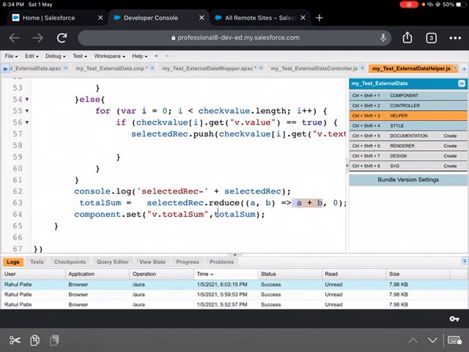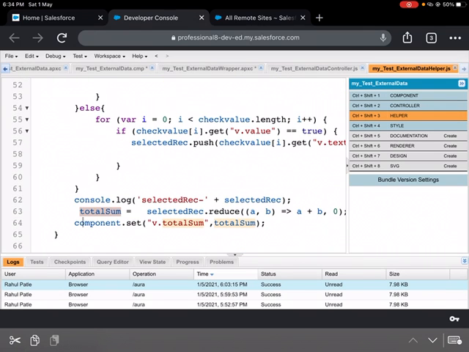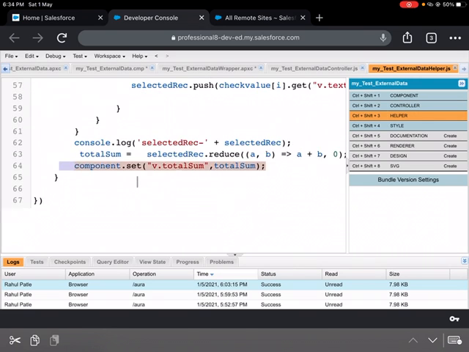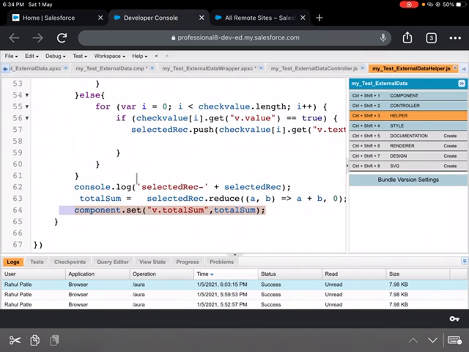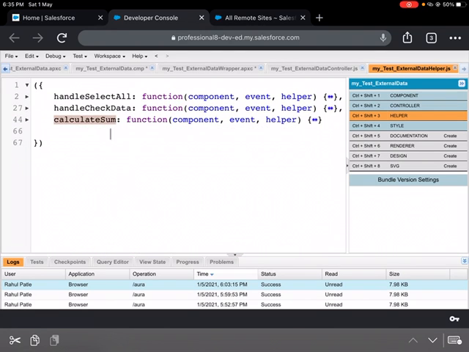I'm doing the sum here and adding it into the variable defined as total sum, and again it's setting the sum directly onto the component level. So this is all about calculate sum, which is working here. Using these three methods, we are able to calculate the sum for checking all records, and for checking an individual record I'm also calculating the sum.